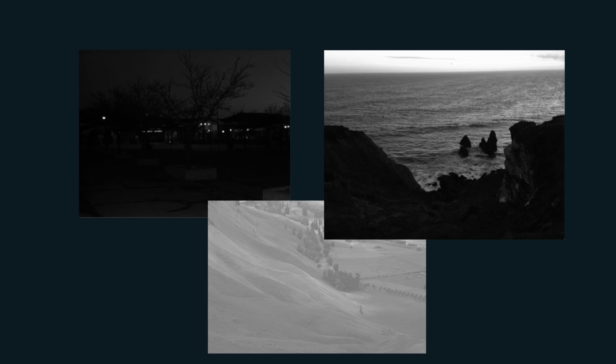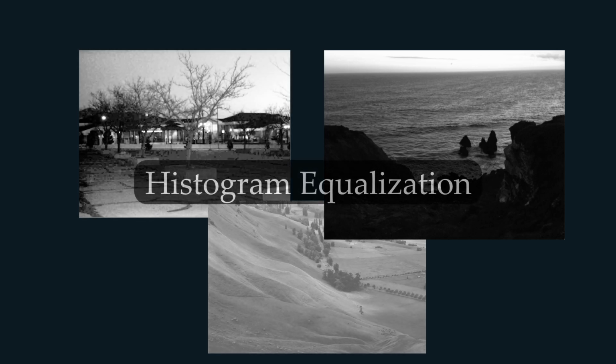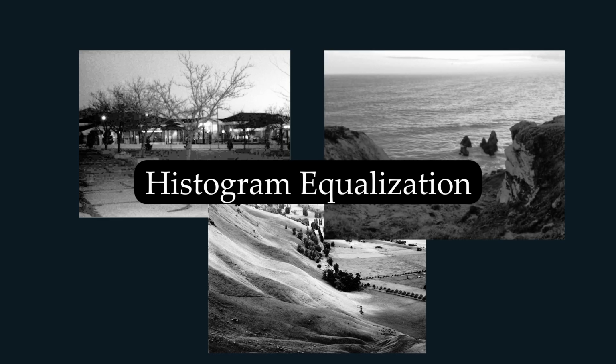Let me ask you a question. What do these three images have in common? You might say that it's very hard to see what's going on in them. The top ones are very dark and the bottom one is too oversaturated. Wouldn't it be nice if there existed a method to correct them? Well, there exist many methods, and one of them is called image or histogram equalization, which we will explore in